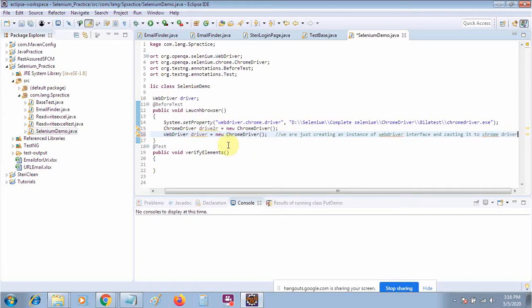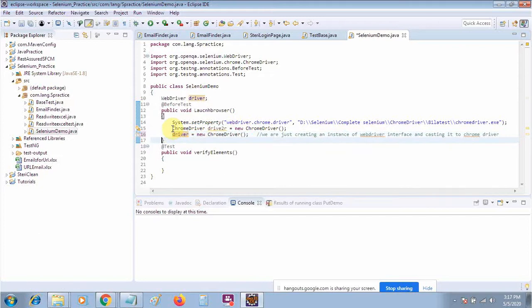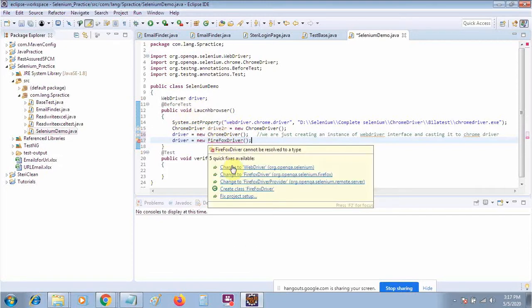Okay, so this is the main interview question, and you have to answer this line whenever the interviewer asks. By using the Chrome WebDriver, you are free to use a lot of the interface methods of the WebDriver. You are free to use it with multiple browsers, like WebDriver driver equals this one, and we have already defined it at the global level, so no need to define it here. Also, this same driver instance you can use for the Firefox driver, like driver is equal to new Firefox driver. Okay, so your same WebDriver instance will work for other drivers as well.